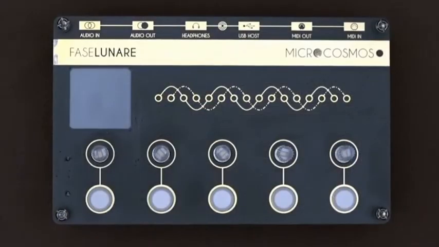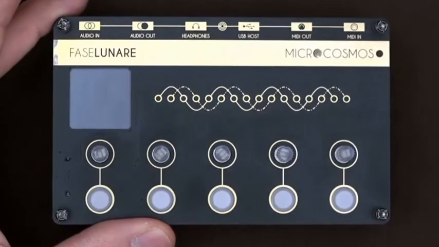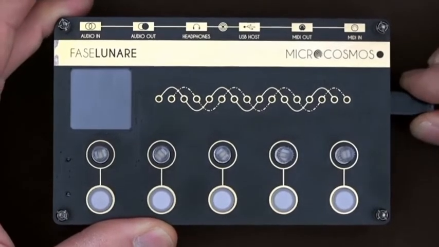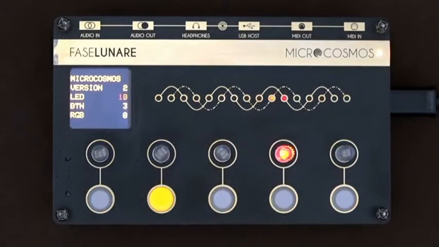Let's see the hardware features of the board. The processor is a Teensy 4.1. It features a color display with software brightness control. We use the latest generation drivers on I2C bus to control LEDs, encoders and buttons. The audio codec works at 24 bits 96 kHz, and there are stereo I/O, headphone and an onboard microphone. There is also a USB host, so you can plug in an external controller, and of course there are MIDI in and